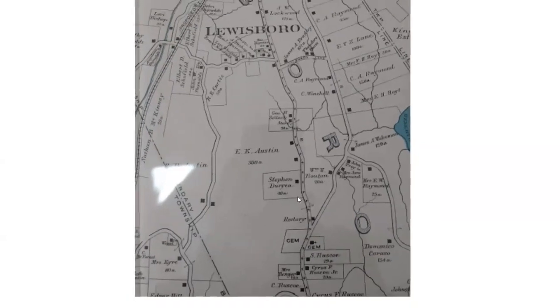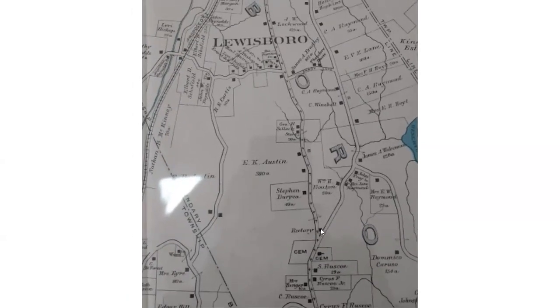Just to show you, this is the other end. This is St. Paul's, where St. Paul's Church wasn't built yet on this. This wasn't quite ready to be put on the map yet, but this is the rectory, which is at the junction of Elmwood Road and 123. We're going to talk about the Dury family in a little bit toward the end of this presentation. So keep the name Dury in mind.